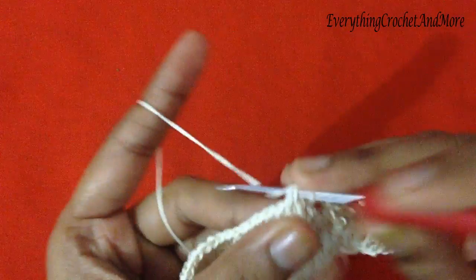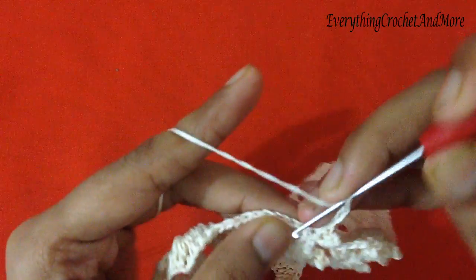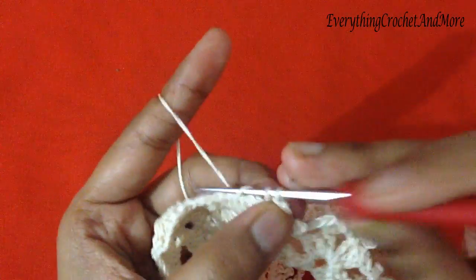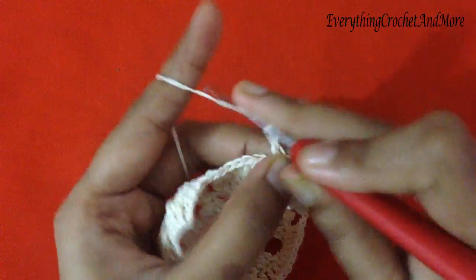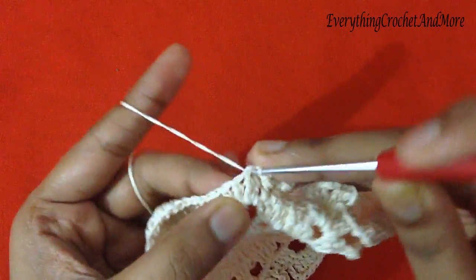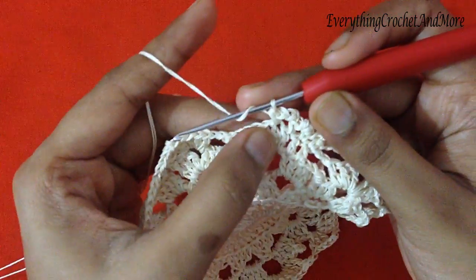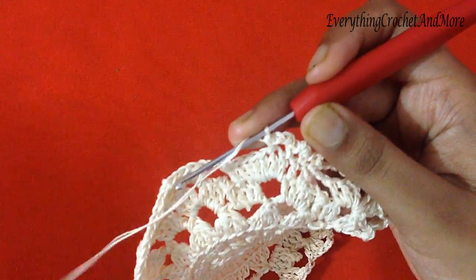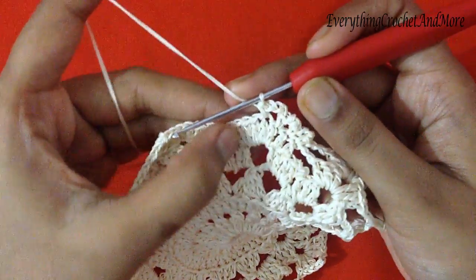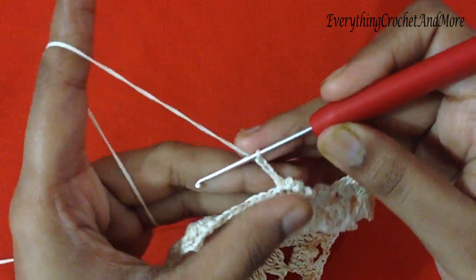then single crochet on the next double crochet, again chain 3, 1, 2, 3, then single crochet on the next double crochet, then again chain 3, 1, 2 and 3, and single crochet on the next double crochet. So every stitch in the double crochet will have 1 single crochet, and between every single crochet there will be chain 3. So 1, 2 and 3, single crochet on the next double crochet,